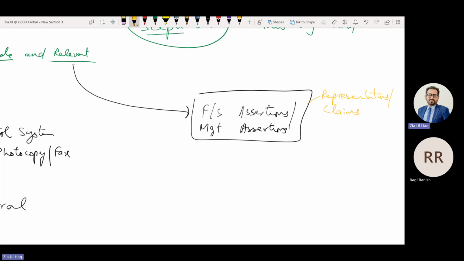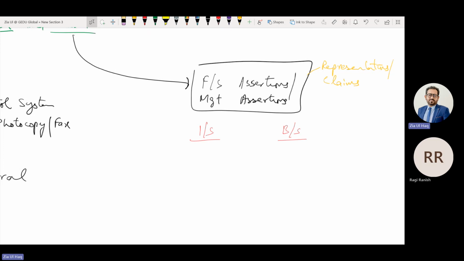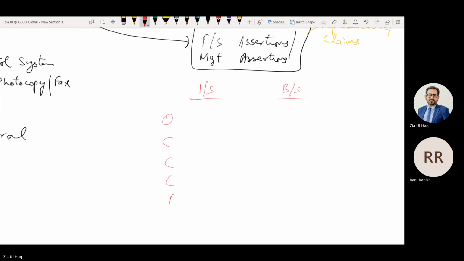And there are some assertions that are relating to income statement item. There are some assertions that are relating to balance sheet items. What are the assertions relating to income statement item, means statement of P&L? O triple C A. O stands for occurrence.